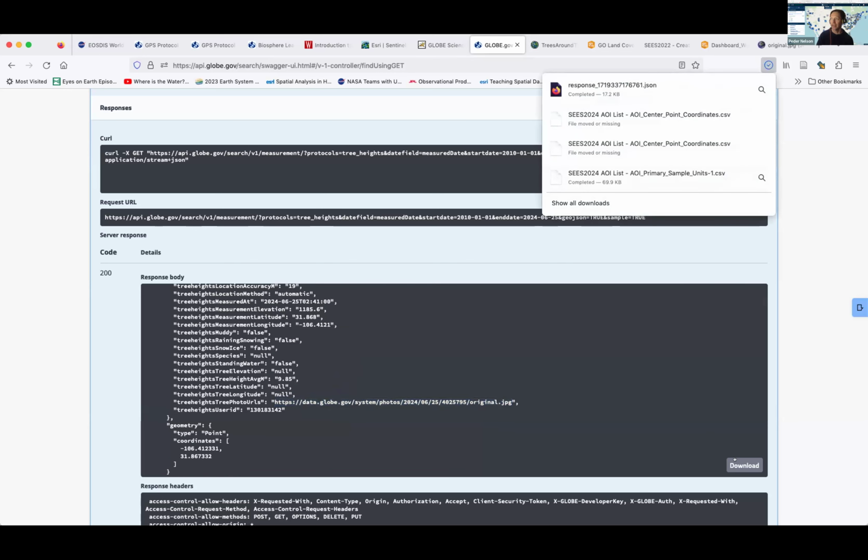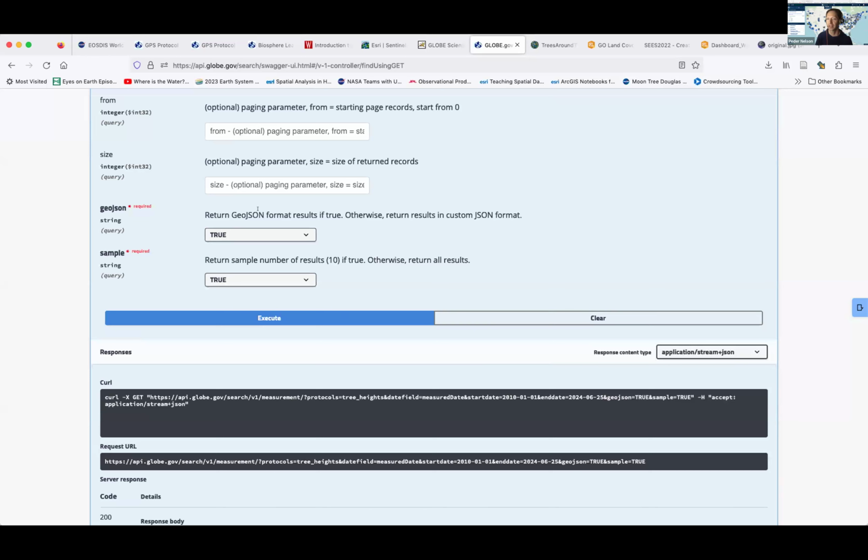And for mapping purposes, this GeoJSON, geography, is what we want to use. And this also stands for JavaScript Object Notation. And so on websites, you'll see that an awful lot.